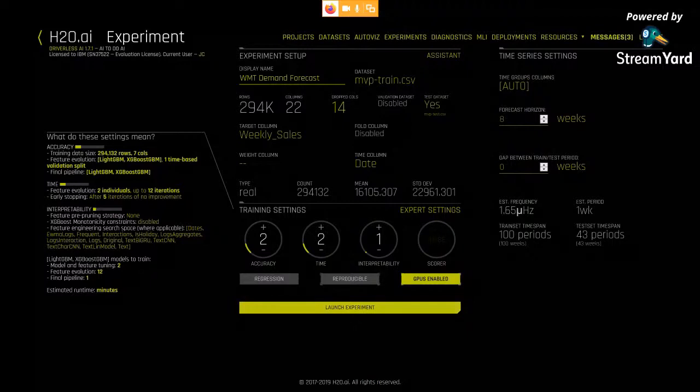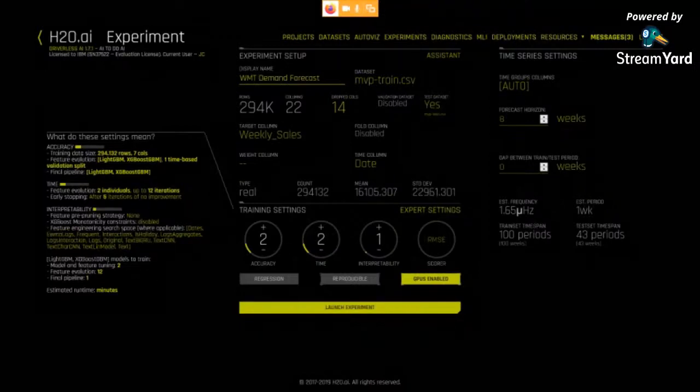You can see when we've cranked everything down now, we're only going to do 12 iterations of feature engineering, which is good. And one thing that's unique to time series, which is what I did last, right? I entered a time column here. So I basically told Driverless that we're doing a time series model, so we can't do ensembling or stacking of models together. And basically we're using 2 different variations of gradient boost machines, which are very popular now. They're proven to be very accurate, not only for regression type of problems, but also for